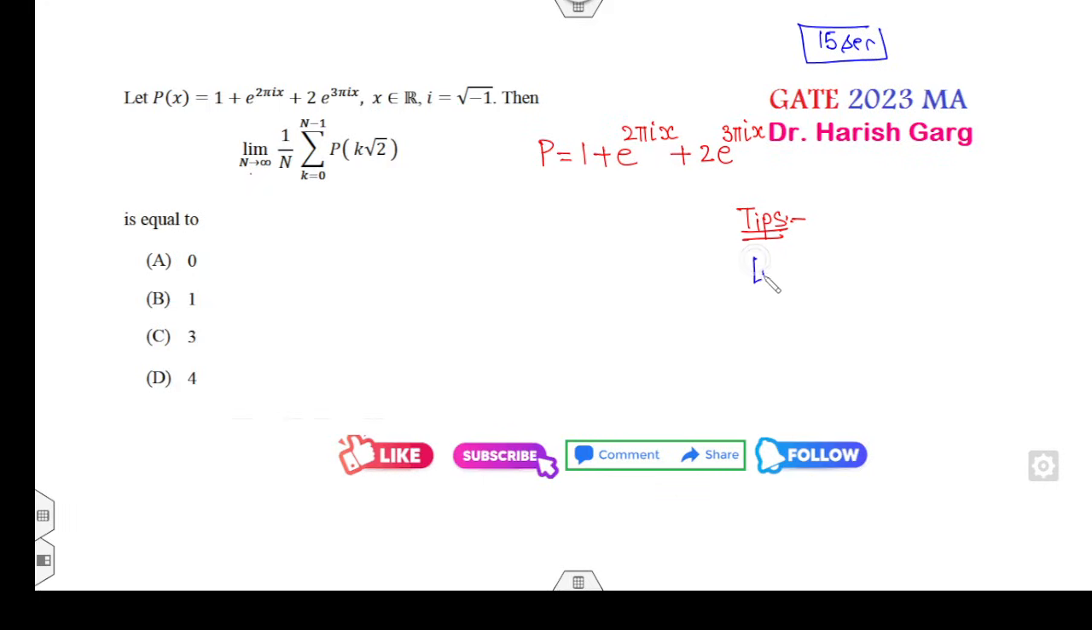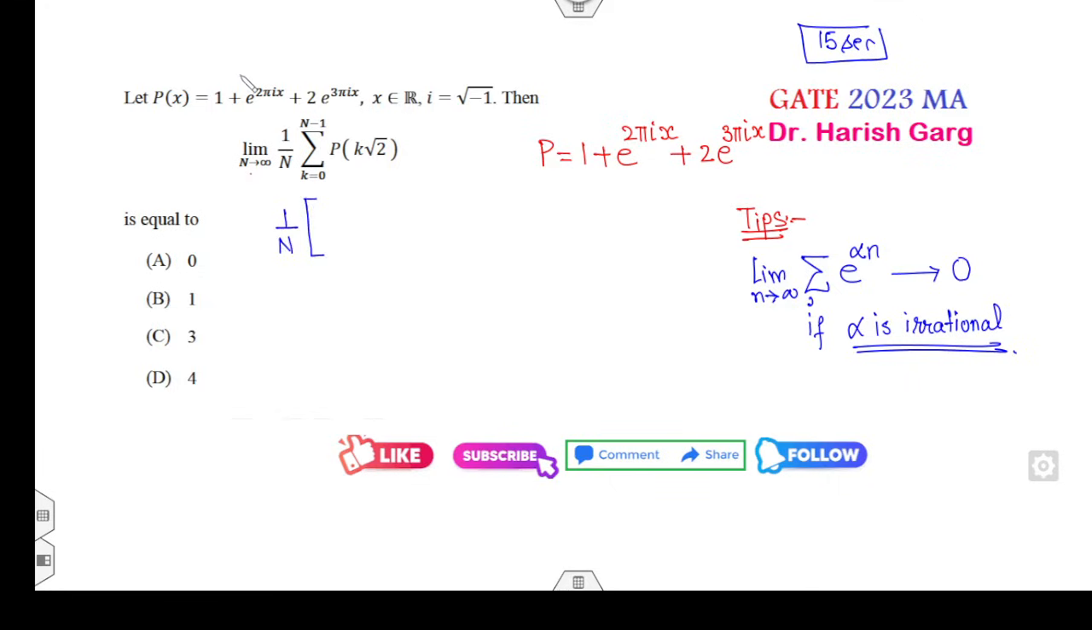Fine, whenever limit n approaches infinity of the summation terms e raised to power alpha of k, limit of the alpha of n, because the limit starts from the n, that goes to the 0 if alpha is my irrational. Fine, that's over. Clear? Now अब आप देखिए यहाँ पे, if I start from here, if I substitute the value